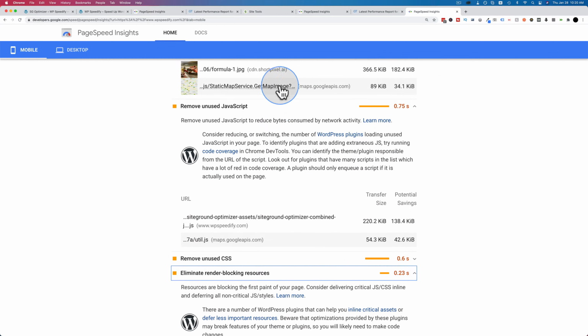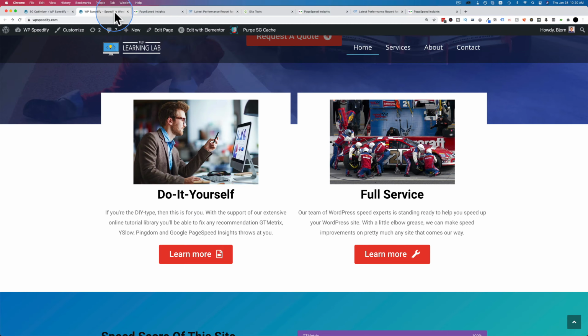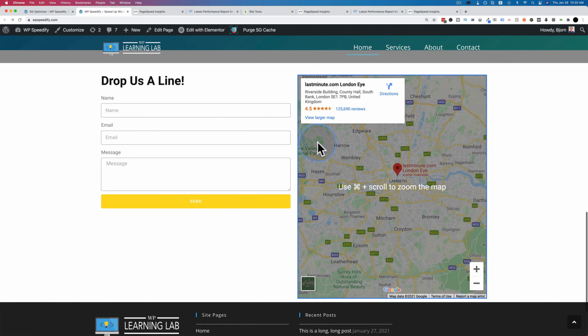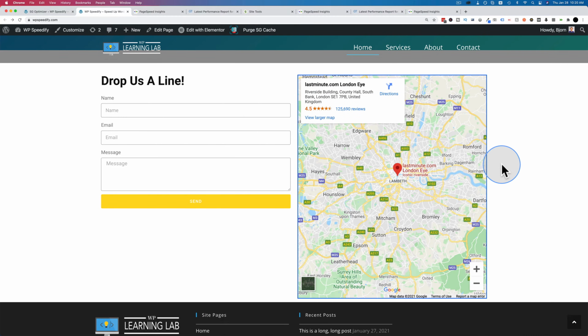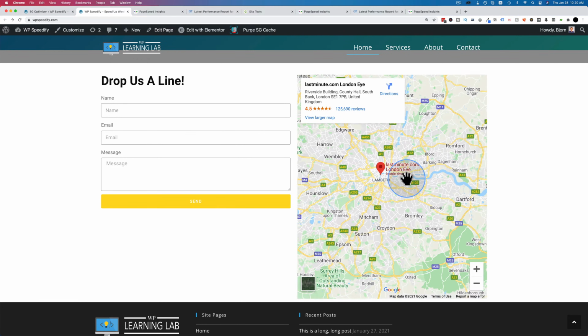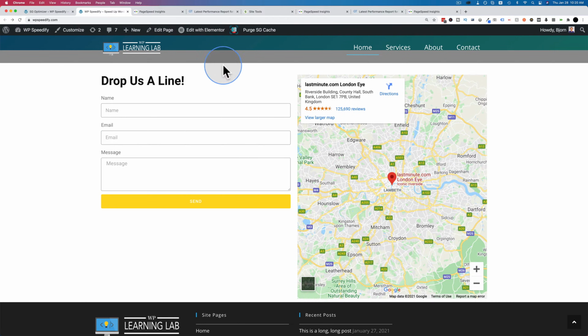So we could fix this Google Map issue, potentially, at least I can in this example, by replacing this Google Map here with a screenshot of the Google Map. So this is an actual map that you can use. This is an Elementor widget. If I go to Edit with Elementor and replace that with a screenshot of the map,